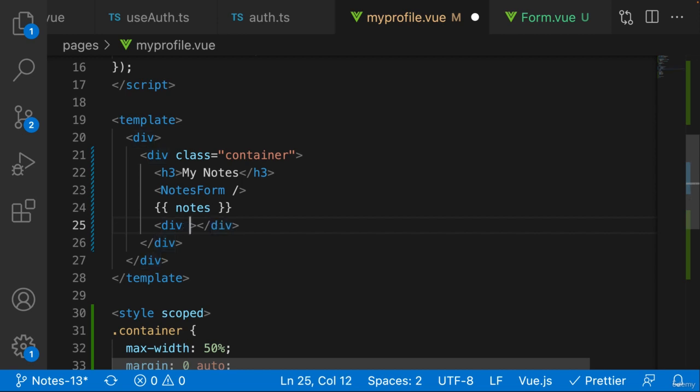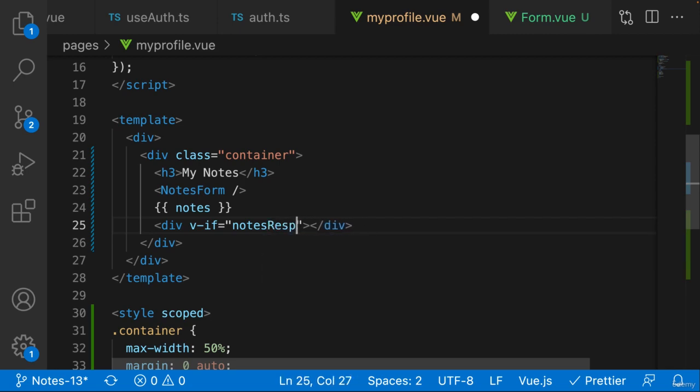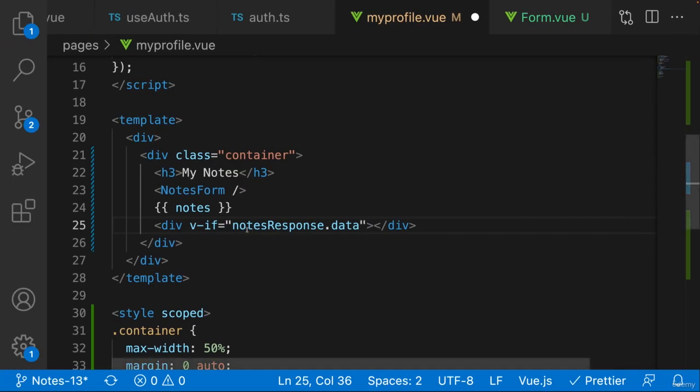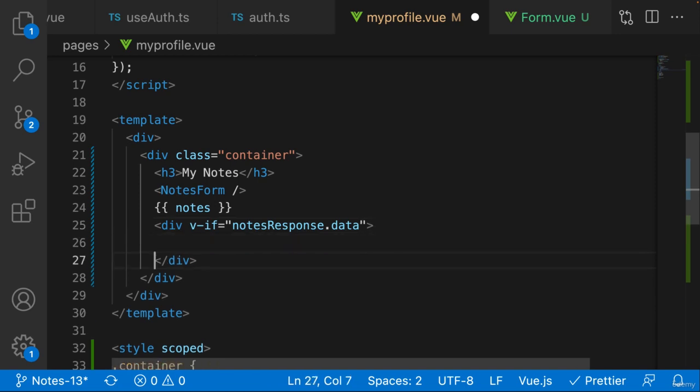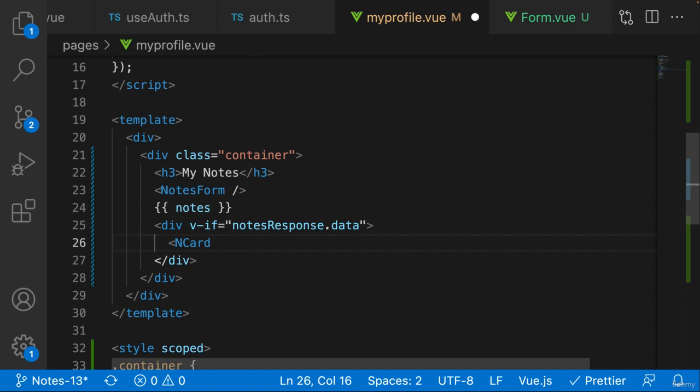And we're only going to render this div if notes response.data. So if there is actually data in there, meaning that there's an array of objects, and as you can see, we're actually getting our array of objects right over here. We're also getting some other information like the count, the status, the body, whatever. But what we want is the data, of course. So if the notes response.data, then what we want to do is iterate over a bunch of